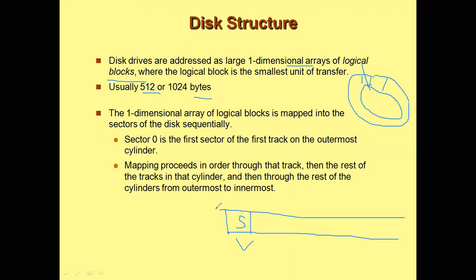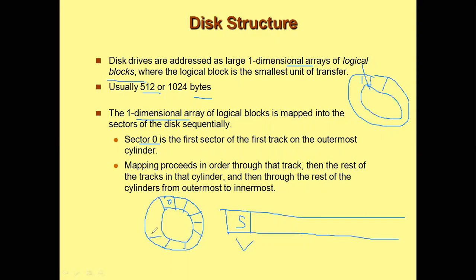Now, how do we number them? That is, this one-dimensional array of logical blocks is mapped onto the sectors sequentially. So how do we start it? For example, you have this track, and let's assume that this is the current cylinder. Now, one of the sectors is designated as sector 0, that is, on the outermost track on the cylinder. In that, one particular sector is designated as 0, and then we carry forward the numbering in a sequential manner